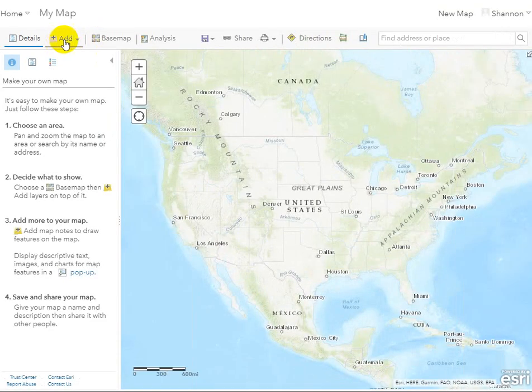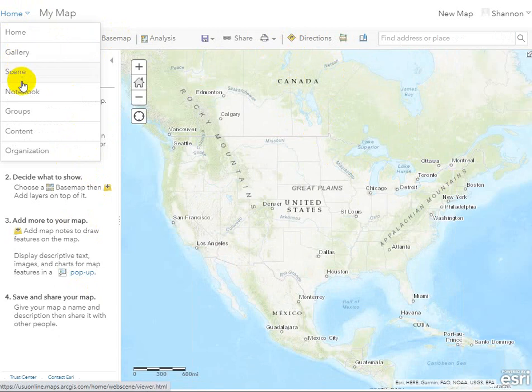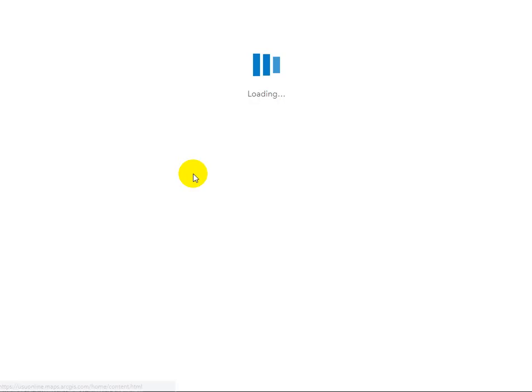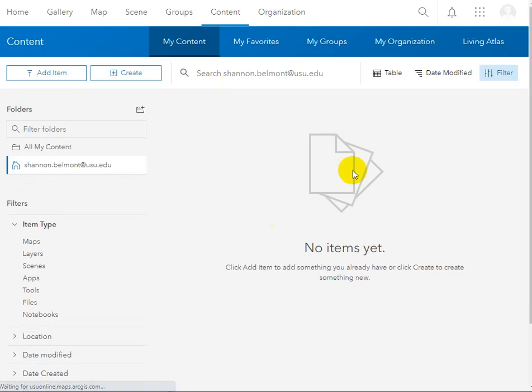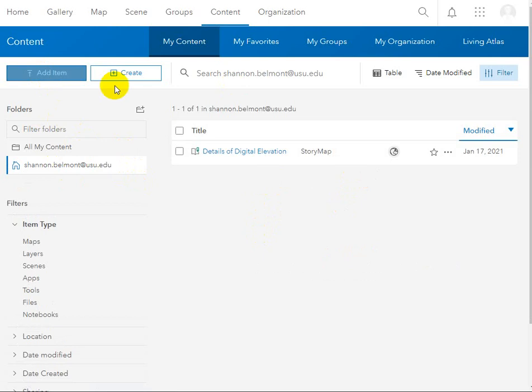You can build your own maps, so you can upload your own data, or you can search ArcGIS Online and add base maps that other people have uploaded to our institution. Let's see what else. Content is where you can organize your own content. You can upload your own information, create data, create story maps, and this is where you'd house the layers that you're going to put into your story map. So that's kind of the behind the scenes in